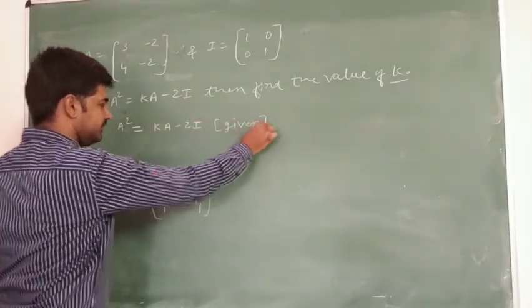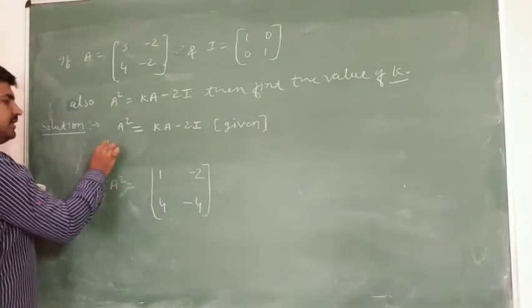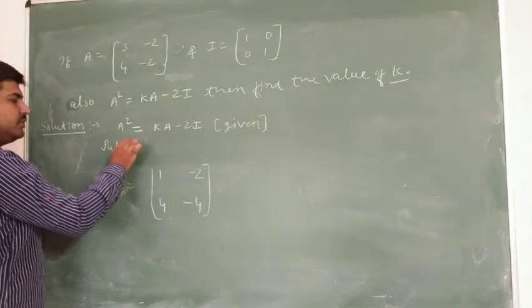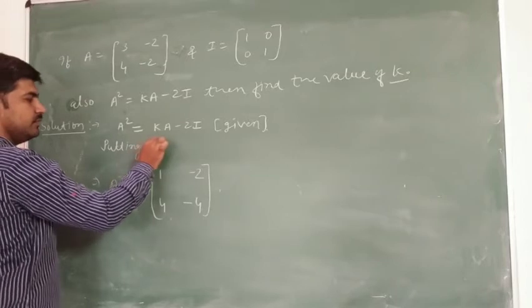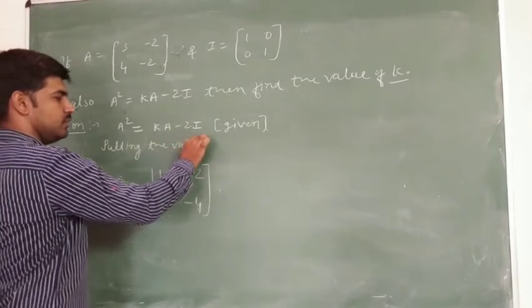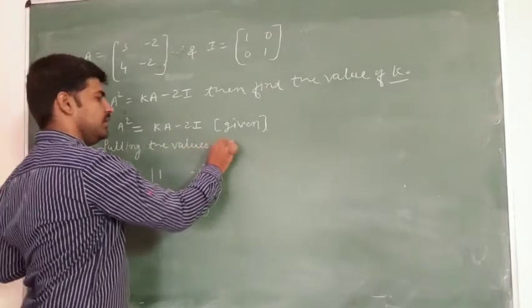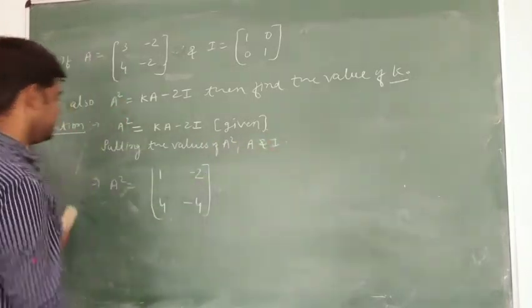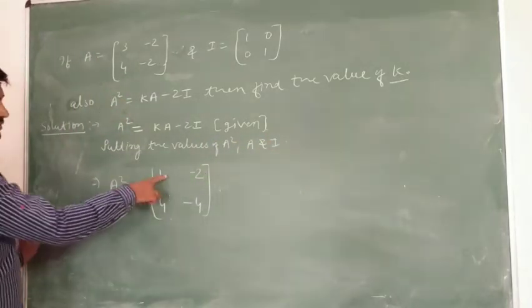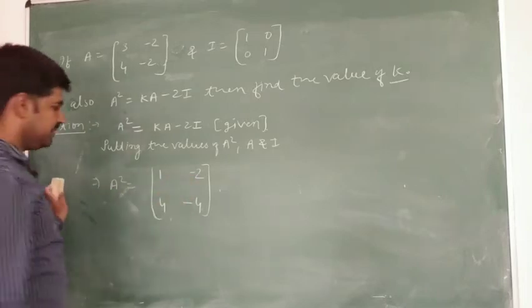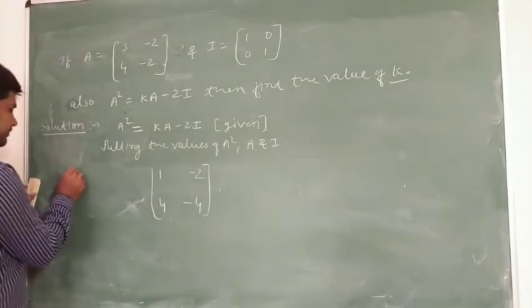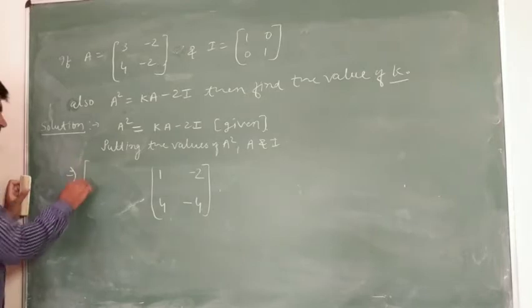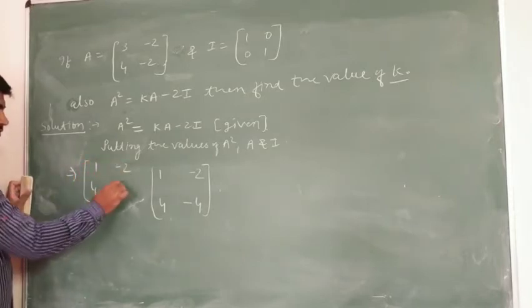After you have got the value of A square, now you can write, putting the values of A squared, A and I. We have the value of A square is equal to [1, 4; -2, -4]. So here I am putting the value of A squared, that is [1, 4; -2, -4]